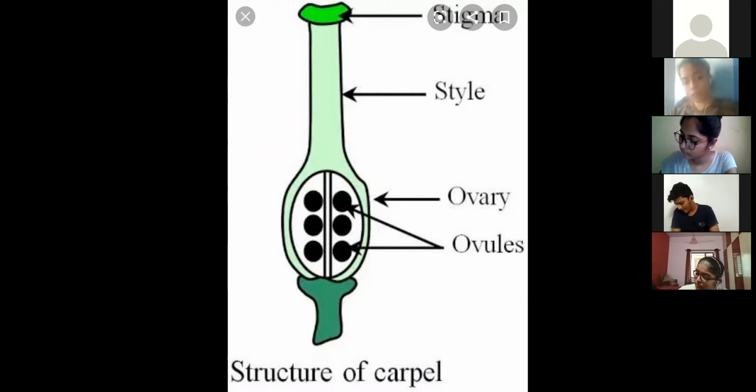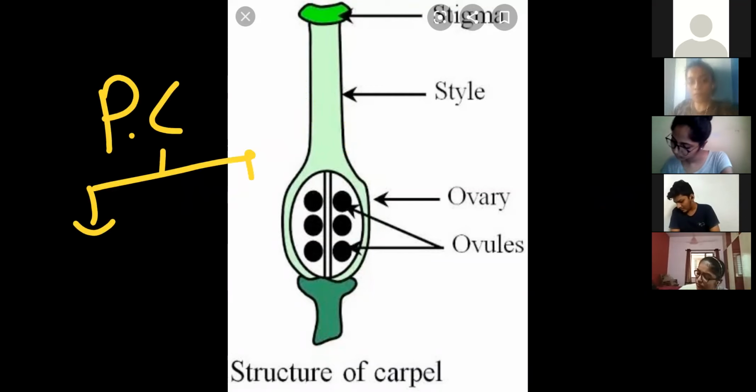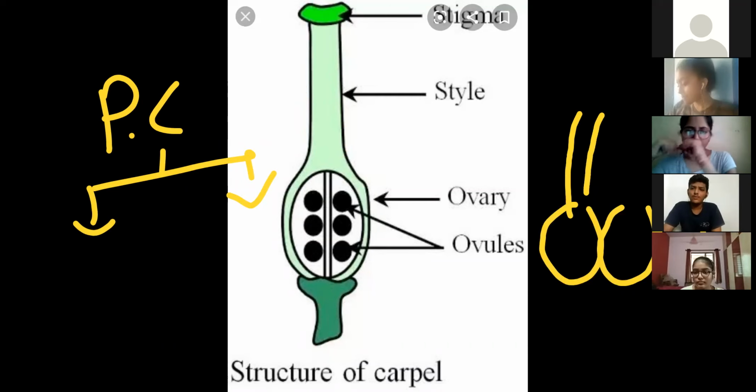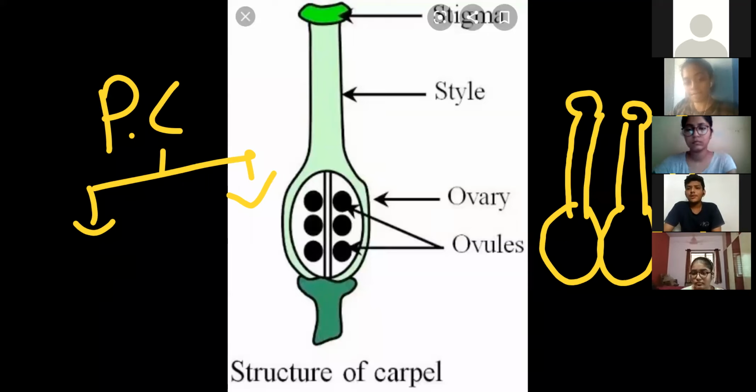Now, polycarpellary condition is further divided into two. Many carpels are there. Either all these carpels are free from each other. First understand. Either all these carpels are free from each other. Meaning what? Individually we can observe. Suppose 3 ovaries are there, 3 carpels are there. So we can clearly make out 3 ovaries, 3 styles and 3 stigmas. Understand this polycarpellary condition, the fused one and the free condition. Then you can easily understand the next topic, that's the placentation.